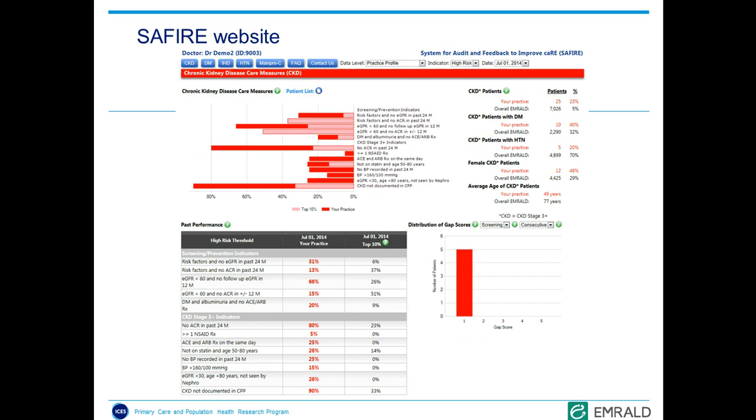Another way to look at the data is to try to use what we call high-risk indicators. This approach shows the proportion of patients in your practice that are above what might be considered a high-risk threshold, such as patients with CKD who should be on a statin and are not, or patients who have CKD by lab criteria but is not documented in the CPP. Again, the gap score can be used in the same way to prioritize patients who may benefit most from reassessment